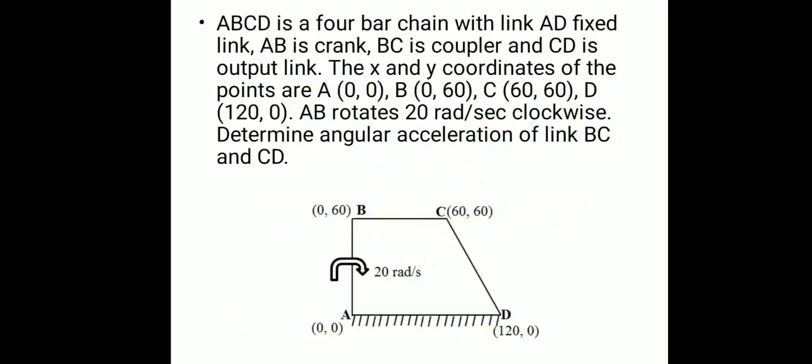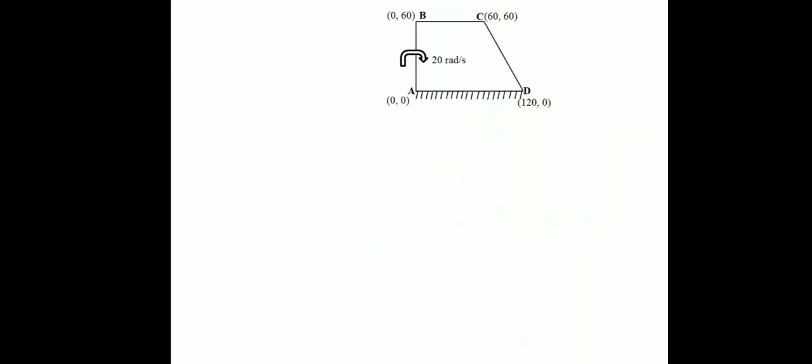For that, first of all, we need to draw the space diagram with the available data, which is drawn here with coordinates. We can draw the figure and mark the radian per second, that's omega, for the crank also. First we select the space diagram, which is known to us, and find all link lengths. AB will be 60 mm.